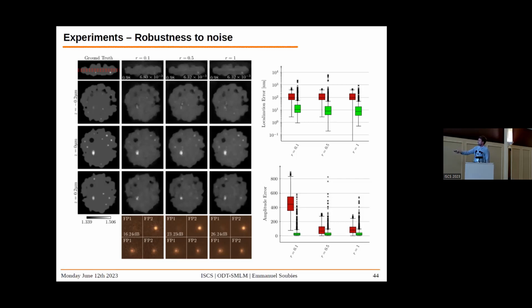And here we have a box plot, with in red the initial error on the position and amplitude, and in green the same after optimization. So we see that it remains an outlier. Okay, most of the errors have been reduced, but we can see that some of them have